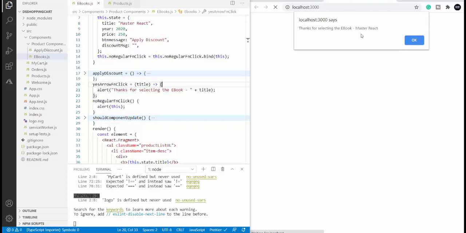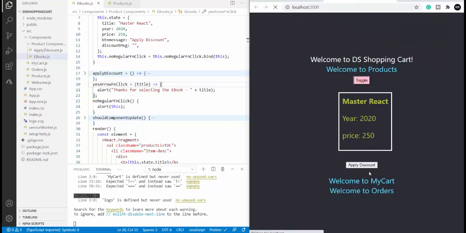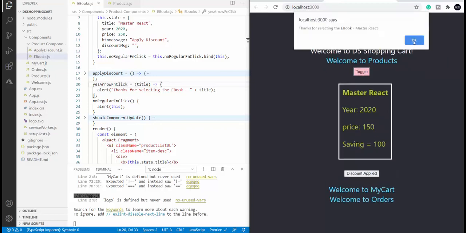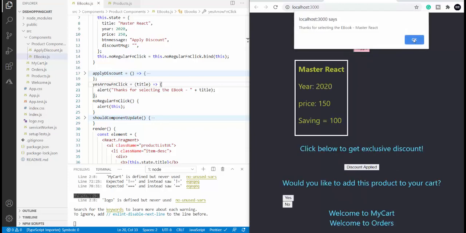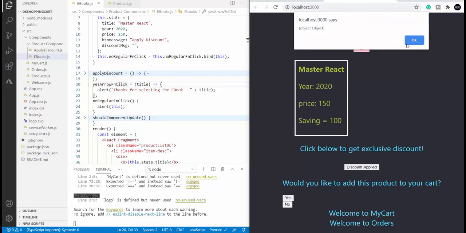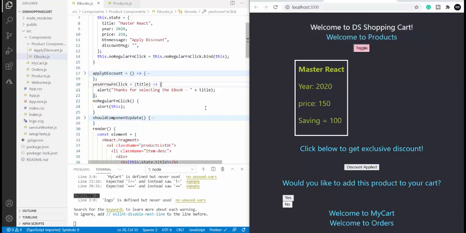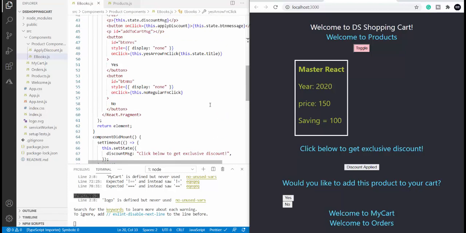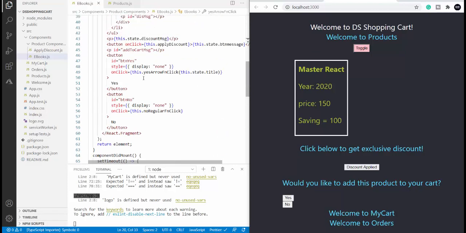See, I'm getting a pop-up right away. I'm getting the alert right away. On click of any button, I'm getting the pop-up, getting the alert right away. So, do you know why this is happening? Yes, the button click event handling method is being called recursively. Why? Because we did not handle it properly.